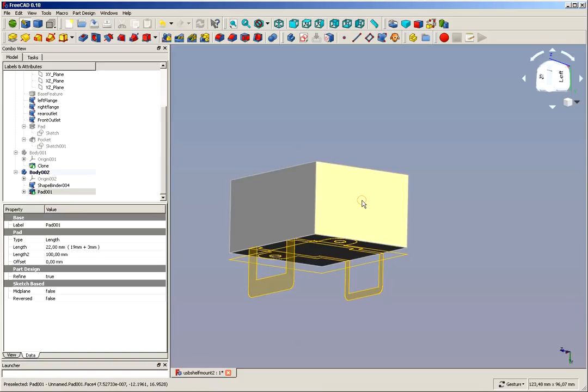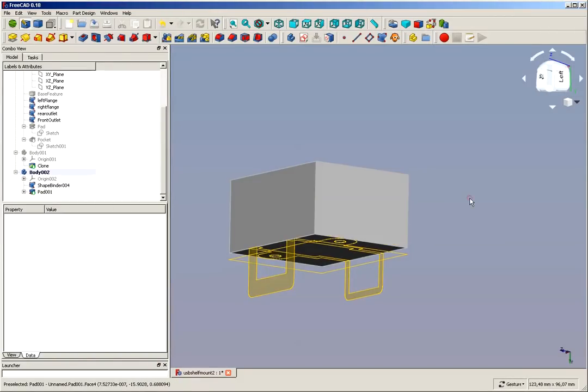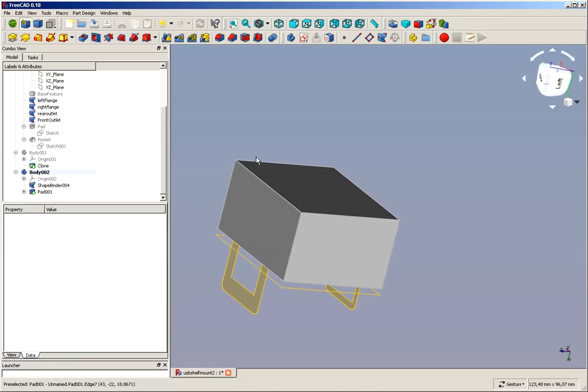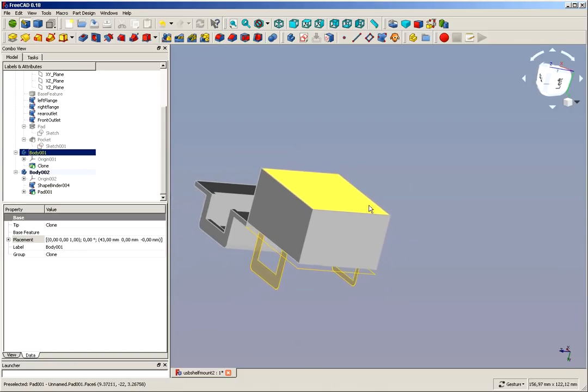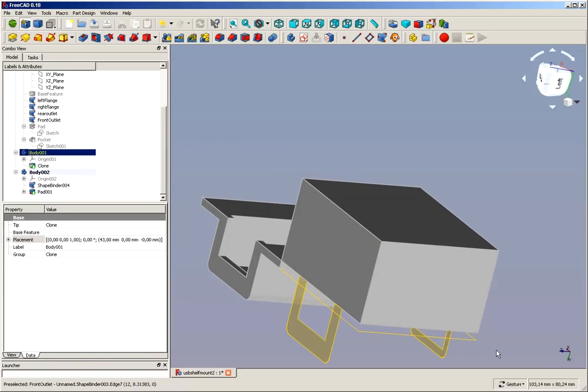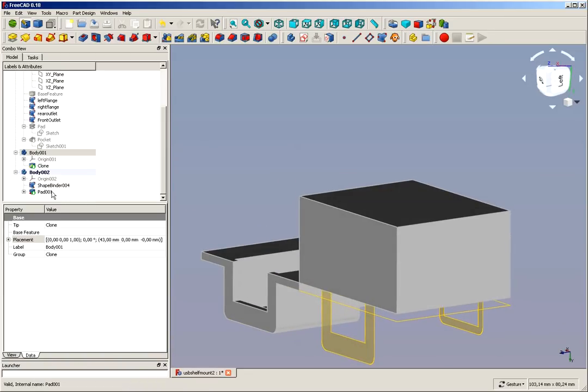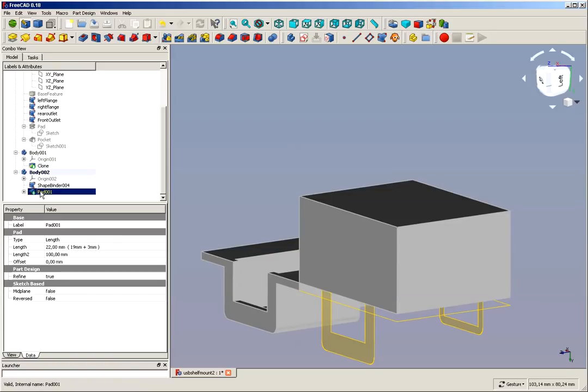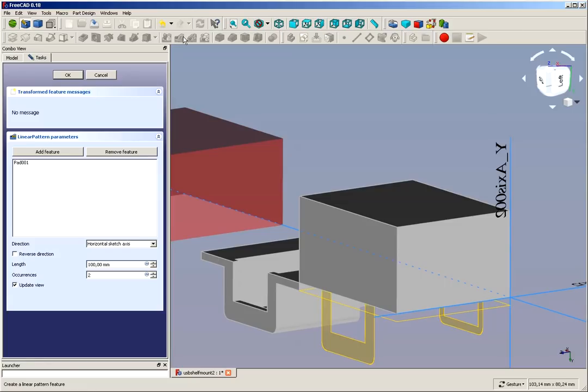As usual, we can probably go here and create the shape on the face, which we're not gonna do. And we still have that body. So how can we make this block move over here? Okay, we know this body is a clone from this body, and they have no gap in between. So why not go and create a linear pattern